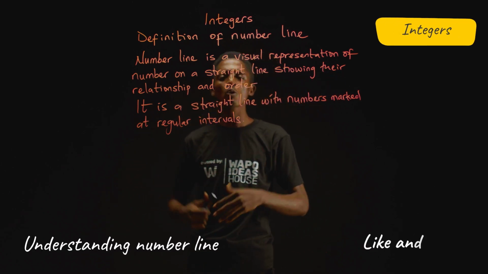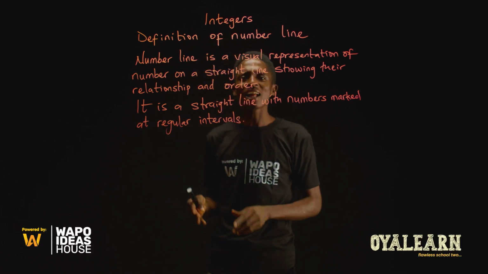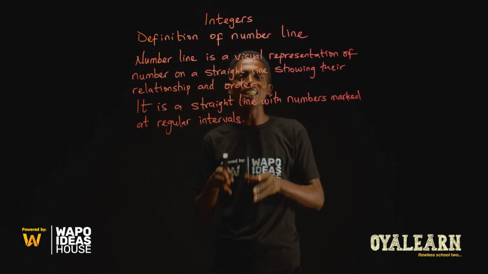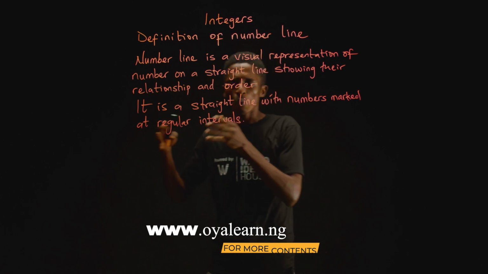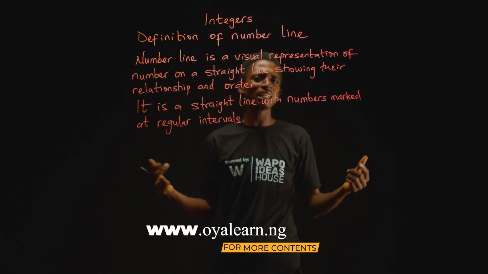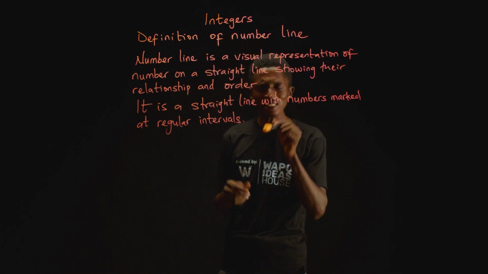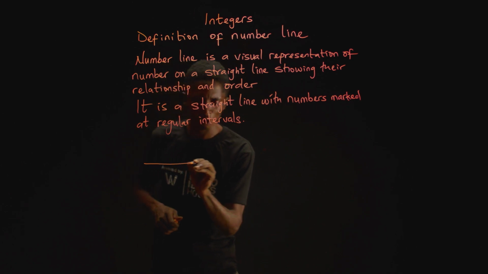That is, whenever you place numbers onto a straight line and then these numbers are in a specific order such that you can tell which comes before which and what comes next, then you are dealing with a number line. This is what a number line looks like. You have a straight line